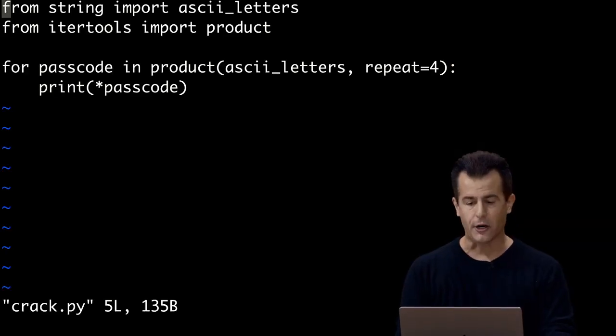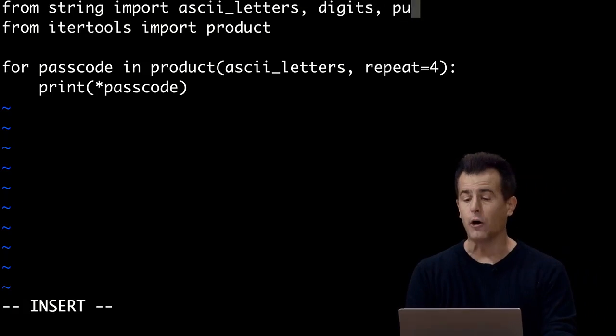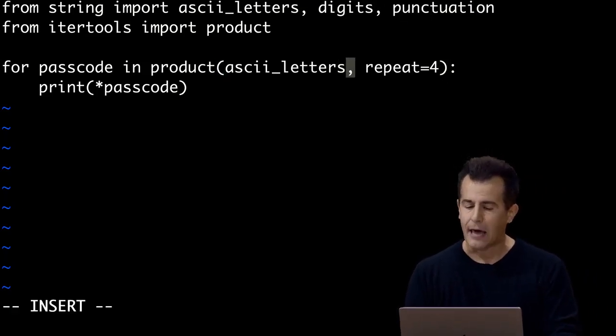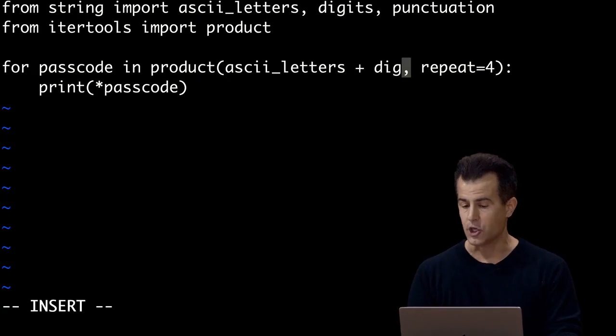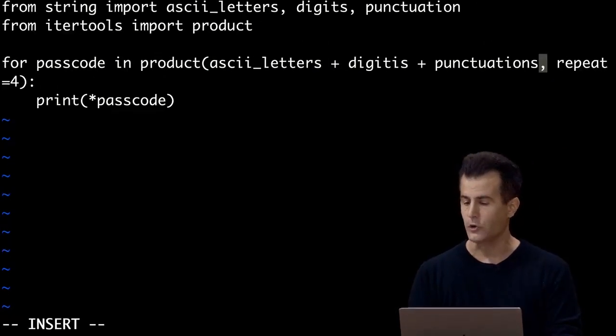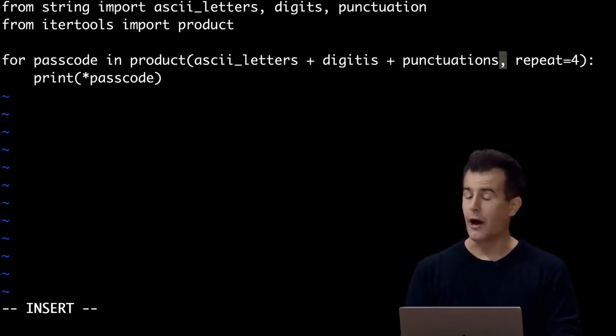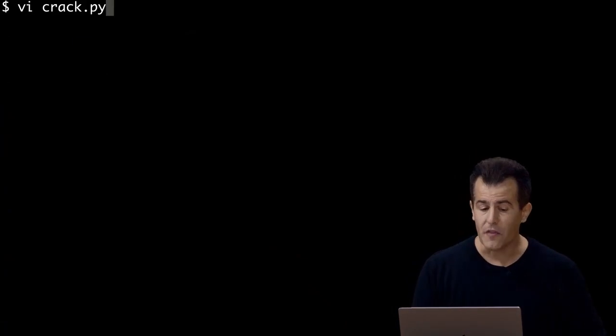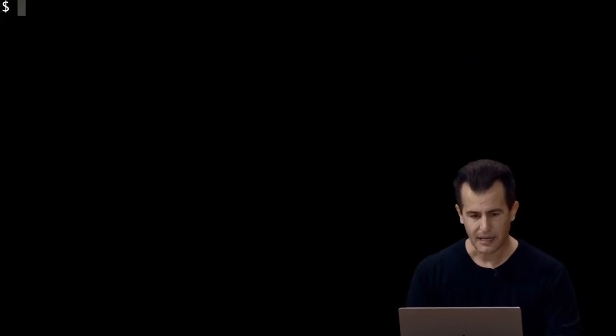If I upgrade this slightly further, let's go ahead and take it one more level and perhaps do, let's say, ASCII letters and digits and punctuation. And this would be the Pythonic way to say that. And I'm going to add to those letters those same digits, those same punctuation symbols. Let me shrink my font just so the code still fits on the screen. And what we now have is, with 2 seconds of changes, a program that if I run this version, whoops,